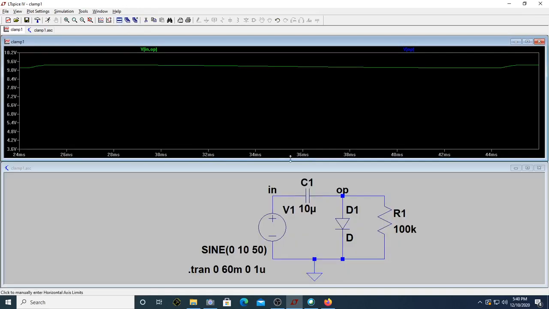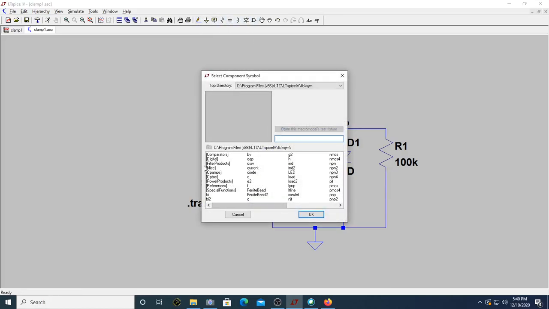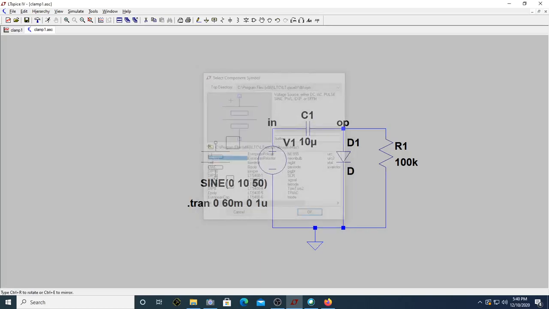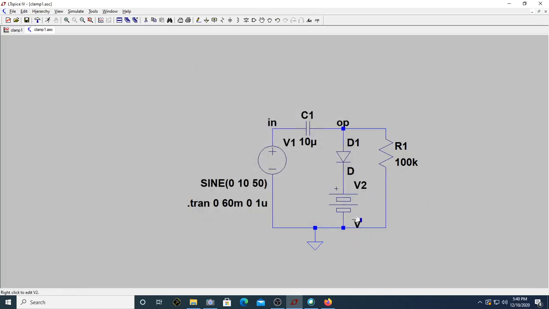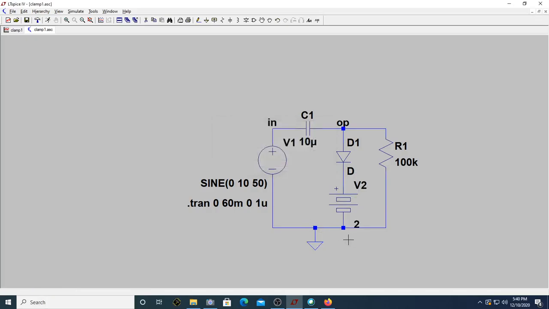Okay, let us go back to the circuit and then insert some DC voltage and try to find out how that is going to change things. Let me have a battery here. Let me take a battery from miscellaneous and insert it here. Let me have a positive voltage. So I'm applying 2 volt, 2 plus 0.6 or 0.7. It should be clamped to 2.7 volts. Let me just save and run.